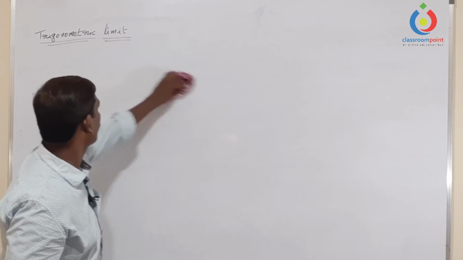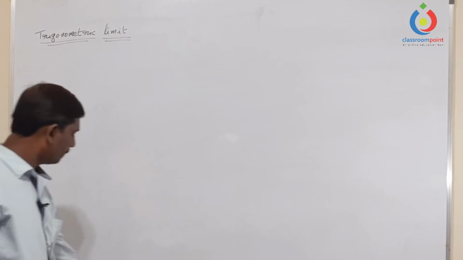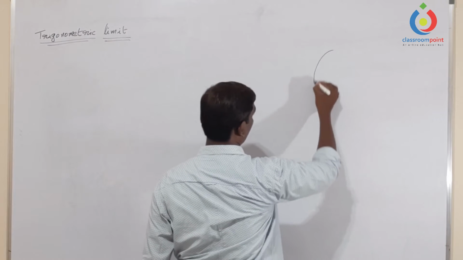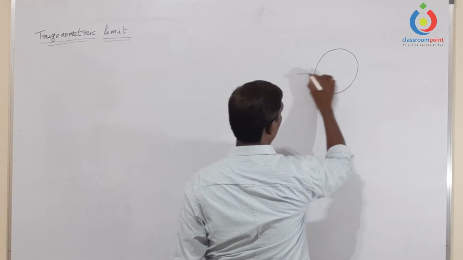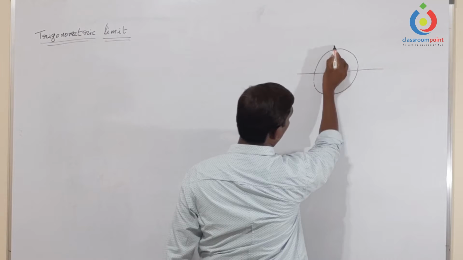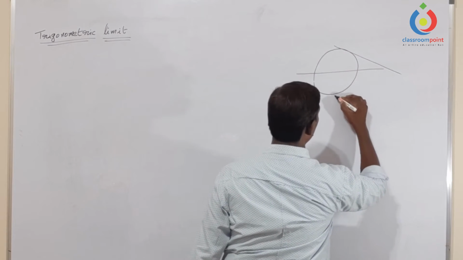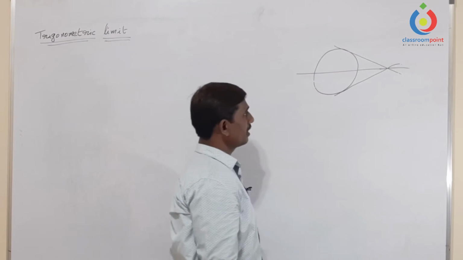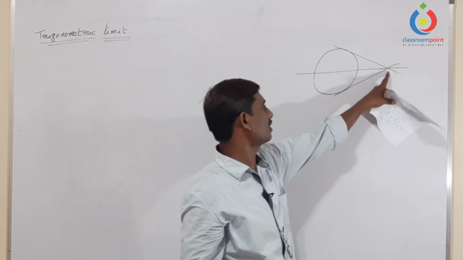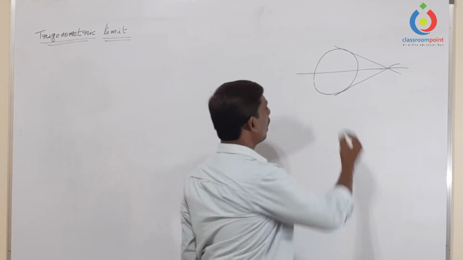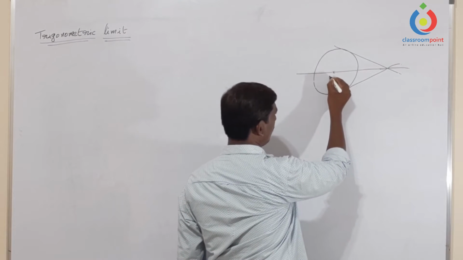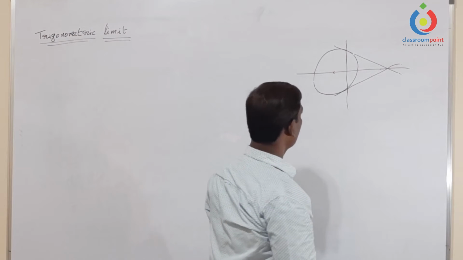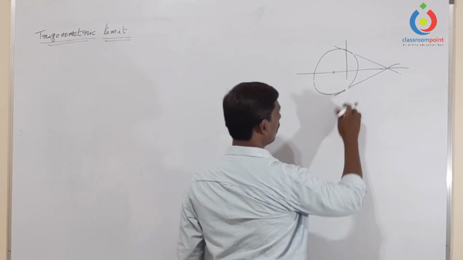We'll check once. See, here I'll take one diagram for that. This is the diameter and these are tangents. Those tangents are passing through the intersection point, which is on the diameter, and this is the center C or whatever it is. This is the chord. This is one of the chords, right?